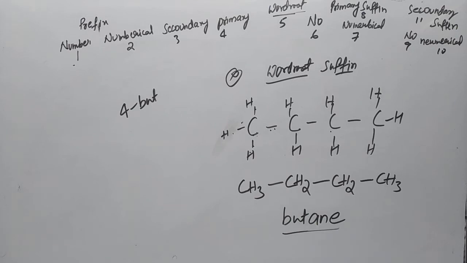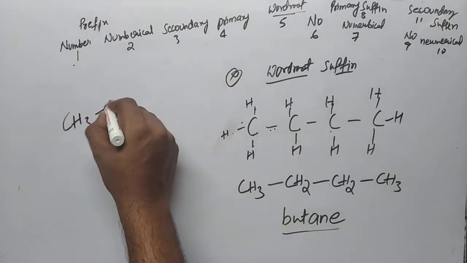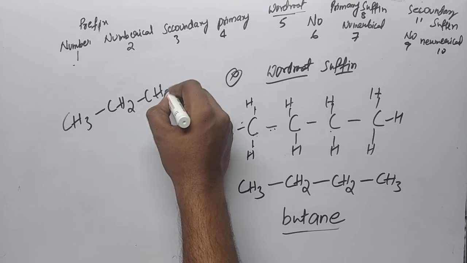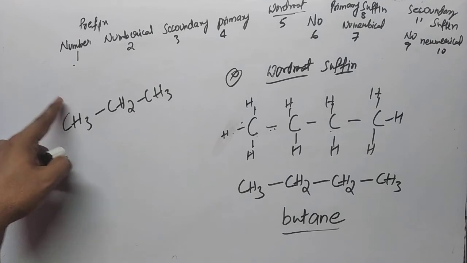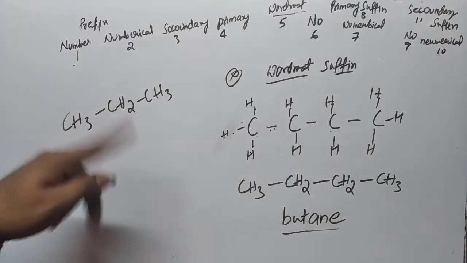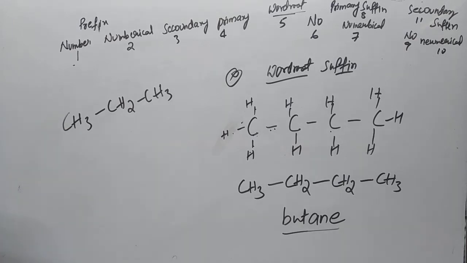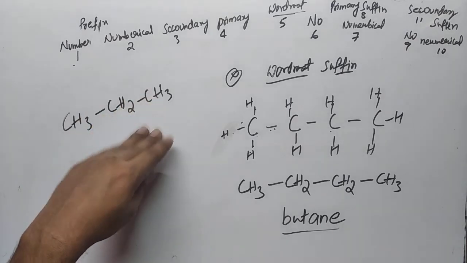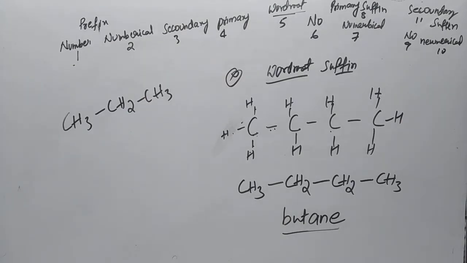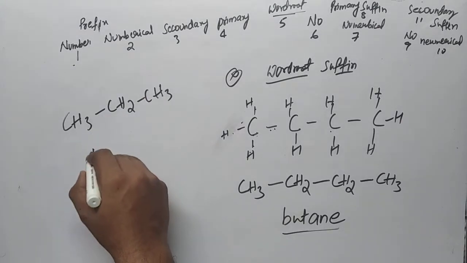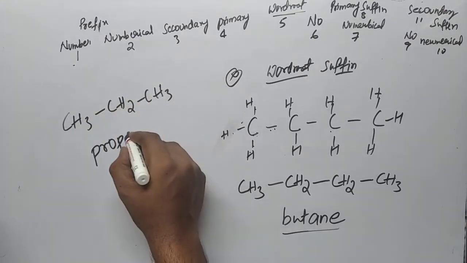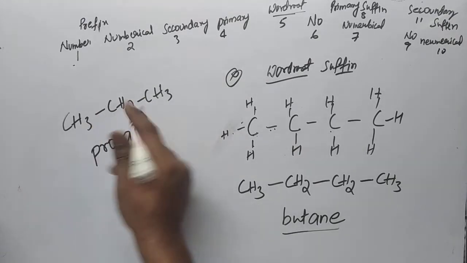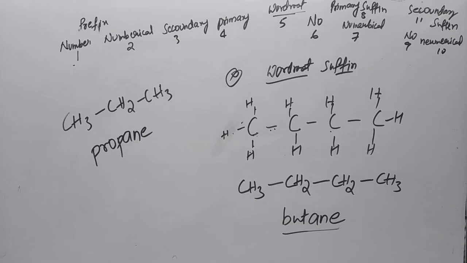Suppose I use some other molecule, CH3 CH2 CH3. In this also we don't have any prefix. Look, is there any branch? No. It is not forming a cycle structure, so the prefix is absent. Only we have word root and suffix, both primary and secondary suffixes. The word root for 3 carbons is prop, so we write prop, and it all has single bonds. We will be writing AN, and all are hydrogen and carbon, so we will be writing propane.